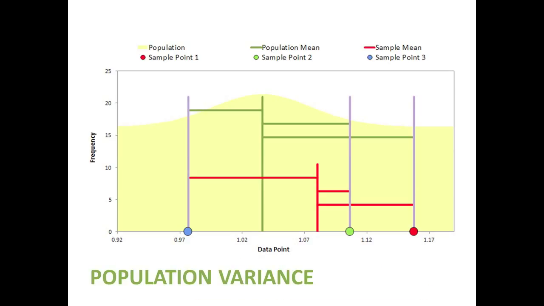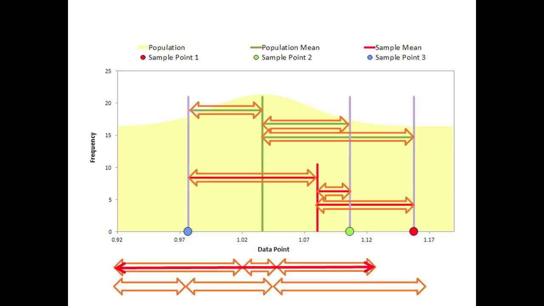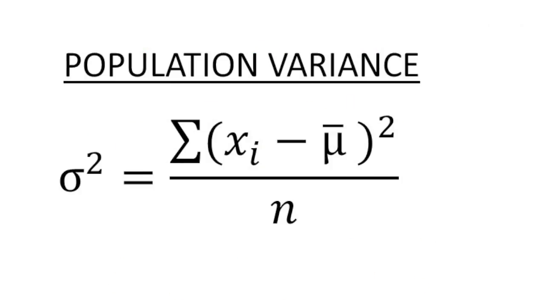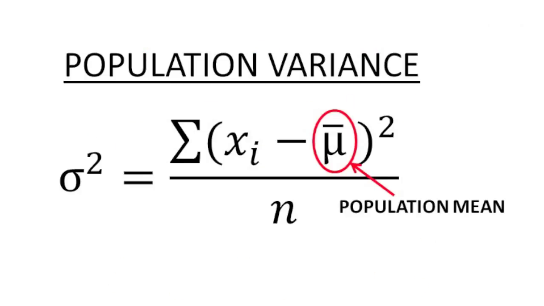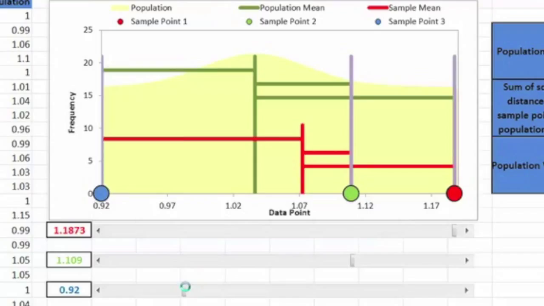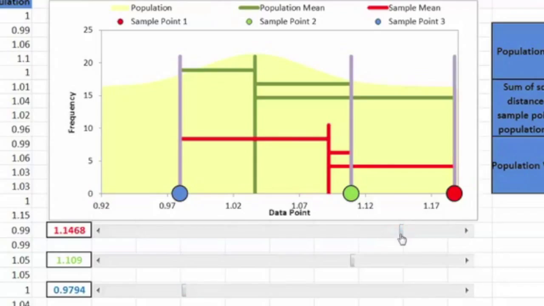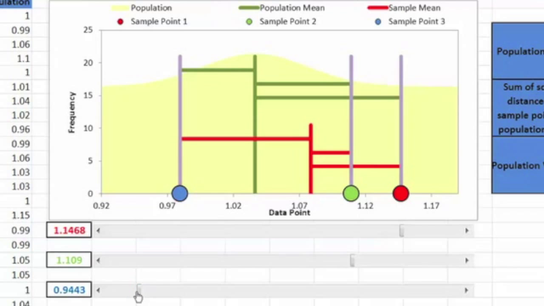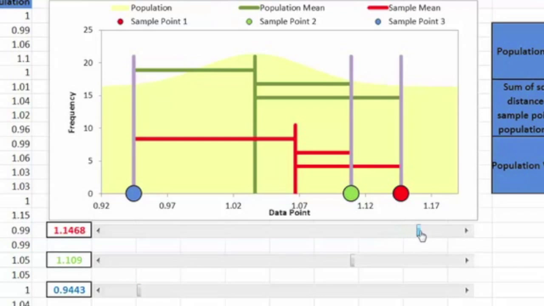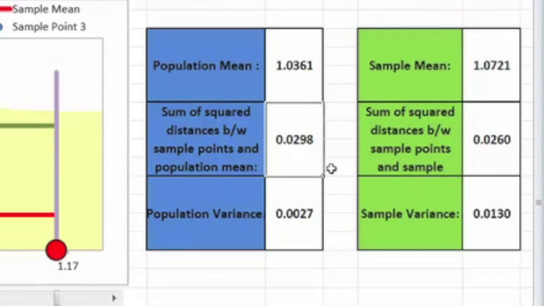If you calculated the sum of the square distances shown in green between the sampled points and the population mean, a considerably larger sum would have resulted. That sum would usually give a better estimate of the population variance. In practice, we usually do not know the population mean, and so we cannot use this approach. If you experiment with the variance calculator spreadsheet by moving some of the points around using the sliders, you can check these claims by comparing these two boxes.